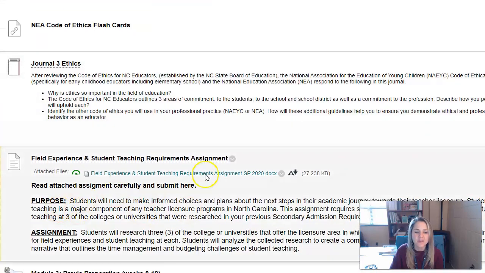And of course, the final thing is for you to submit your field experience and student teaching requirements research here. I do want to point out, I mentioned this earlier in the module, that in the previous assignment like this, I gave you a chart to fill in. My expectation is that you make your own for this assignment, just to give you a little bit more independence, but the information you have gathered from these colleges and universities that you've researched needs to be organized so that I can easily see that you've answered the questions. So create your own chart to document what information you found.